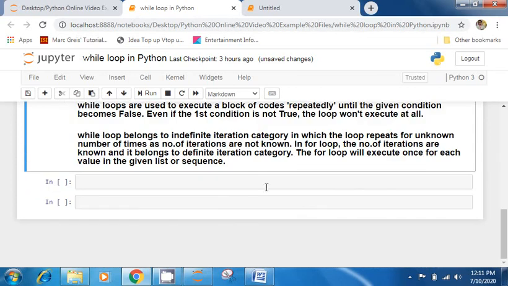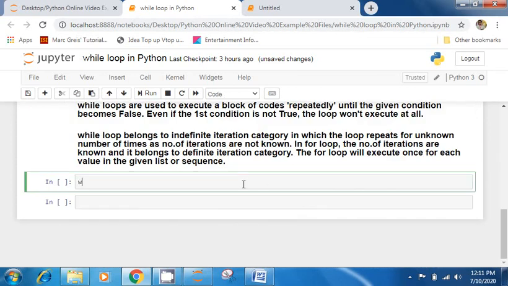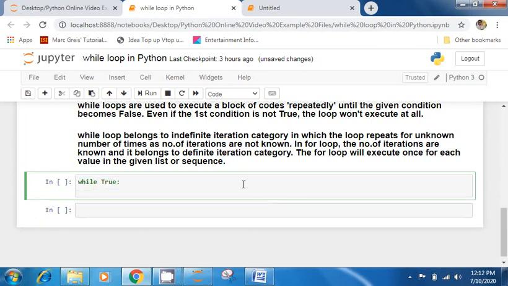Also, if you simply write while True, and print something, say Python, this is also an infinite loop condition. You are not giving anything here, you are just writing True. So the while loop just wants the true condition and it will start executing this thing to infinity.